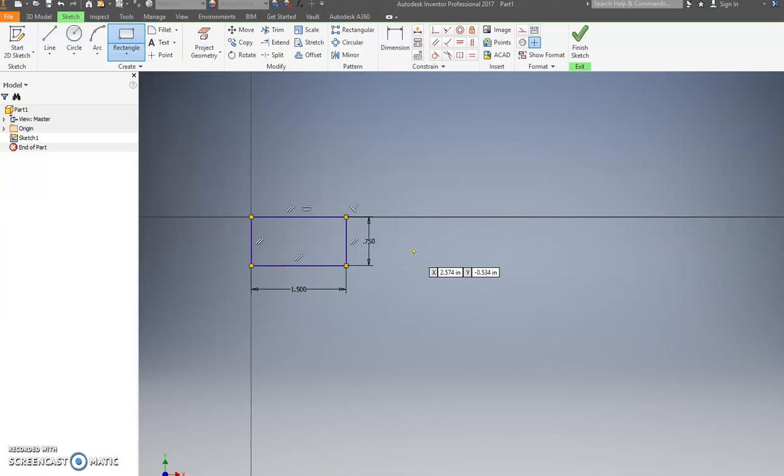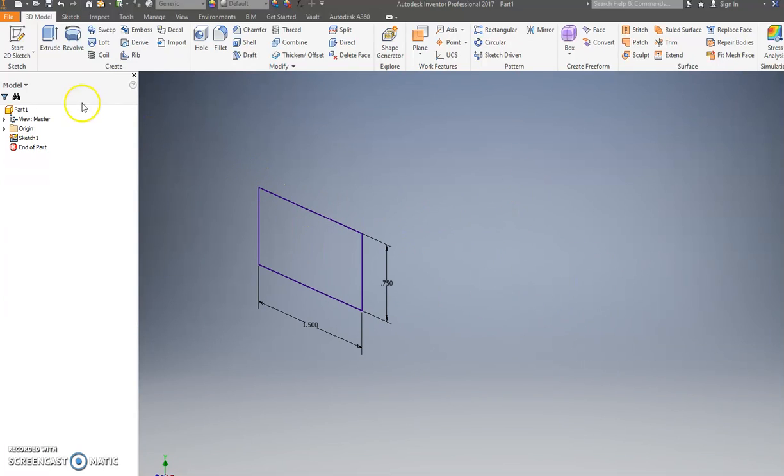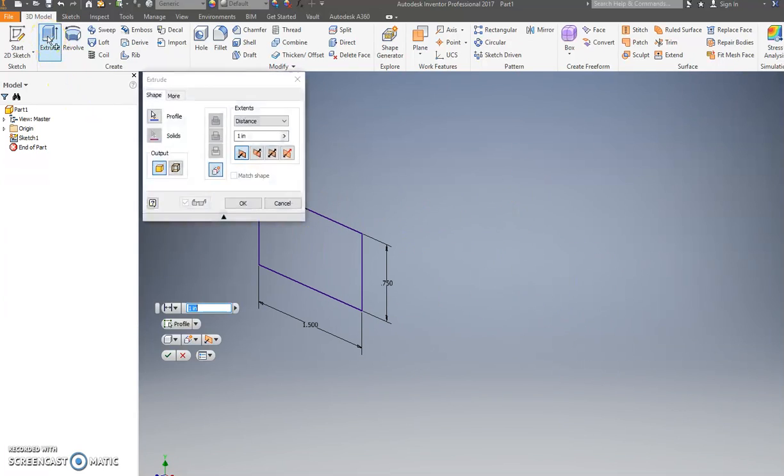Should be all nice and purple with all these little symbols by it. These are called constraints. I'll go over those a bit more later on. Hit Finish Sketch. Alright, you're going to press Extrude next. And you will click right there. And your extrusion will be